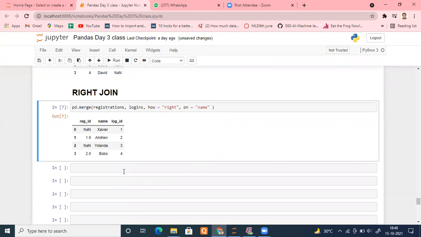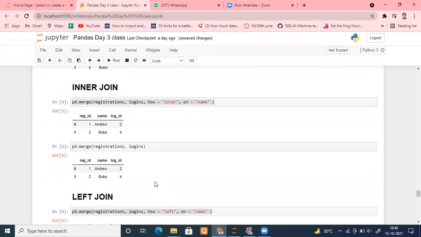Now the last join. And remember, for the interview, if you are planning to go into the data science or machine learning field, remember the joins. It is a compulsory interview question. They will ask you the types of joins, and they will ask: in which type of join is the order of tables important?